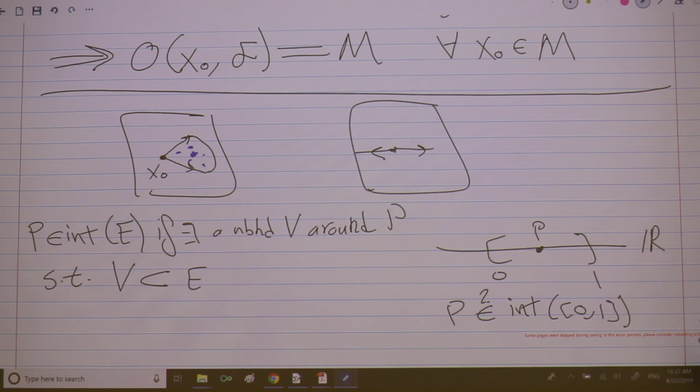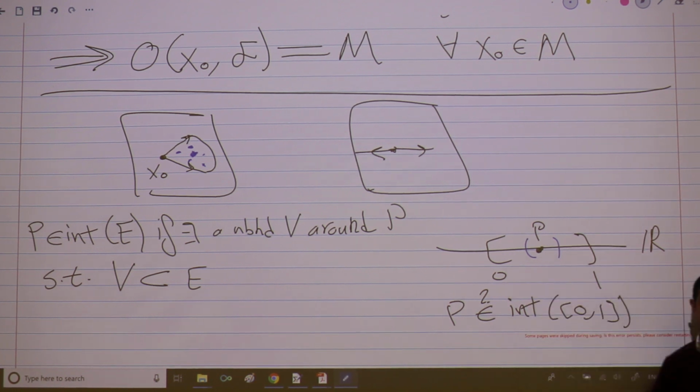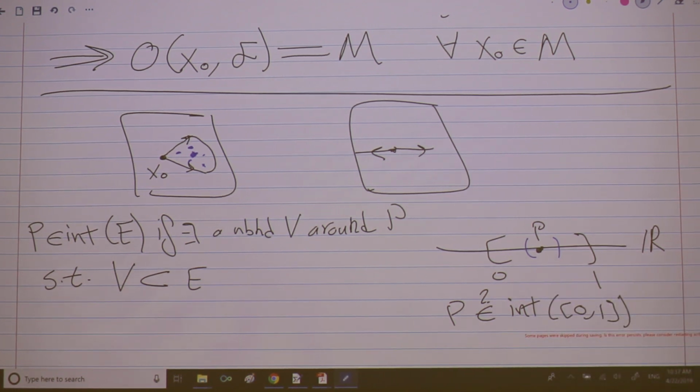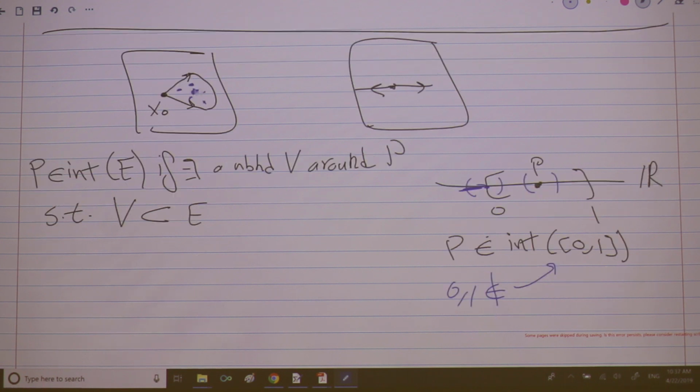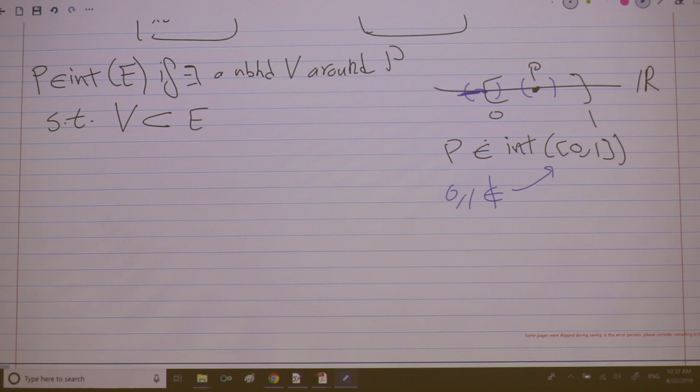Well, from an engineering point of view, of course, yes, right? From the mathematical definition that I just gave you, yes, because here is a neighborhood around P and the entire neighborhood is in the set, okay? Obviously, in this definition, 0 and 1 are not interior points, right? Why? Because around 0, here is a neighborhood. All these points in the neighborhood are not in the set. So 0 and 1 are not in the interior, okay? So that's very trivial, and what about in R2?